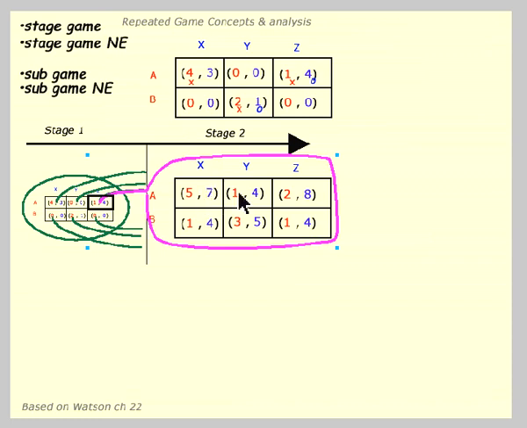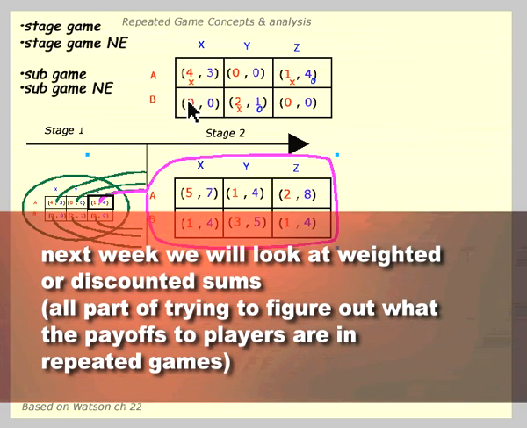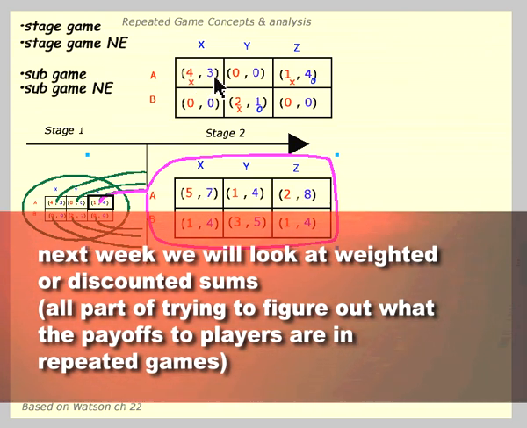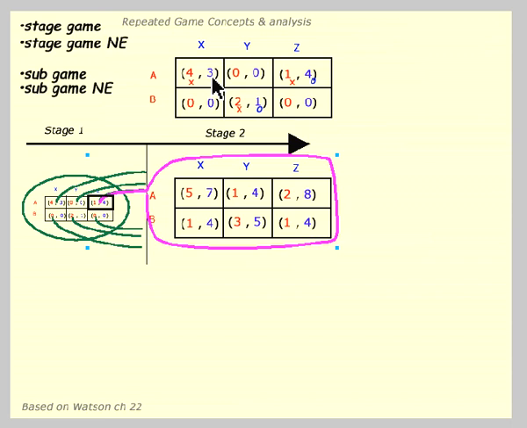If you notice, the payoffs here aren't the same as the payoffs up here, and that's because in these repeated games, when you're repeating a game, the final payoffs are a combination or a total of the earlier payoffs. Here we're going to just take simple sums of these totals. So every one of these numbers down here is a red 1 and a blue 4 more than the corresponding sums up there.